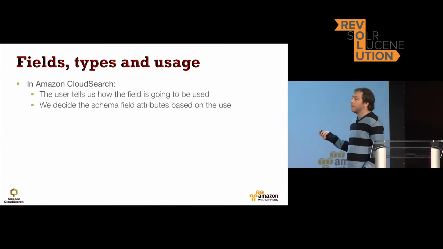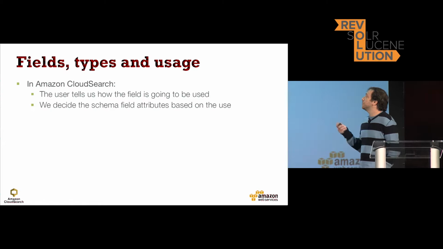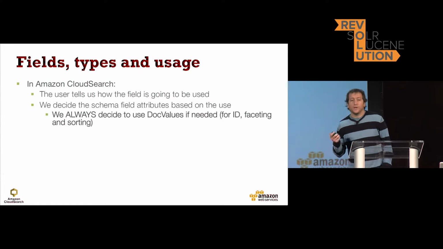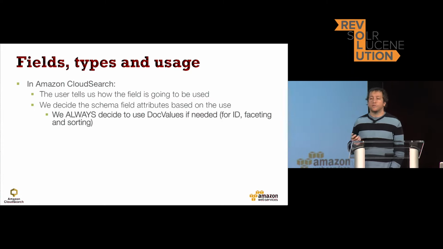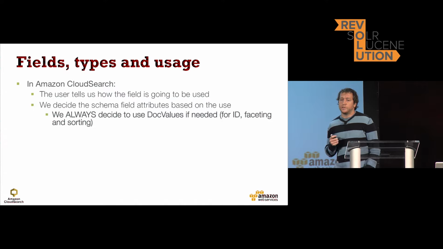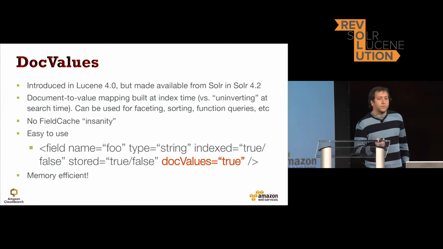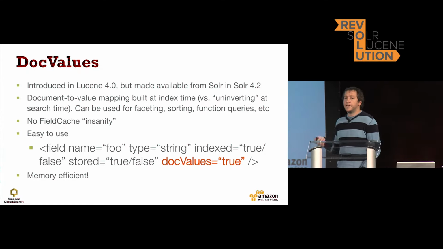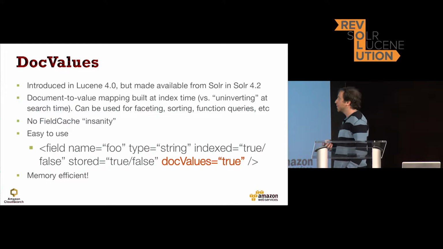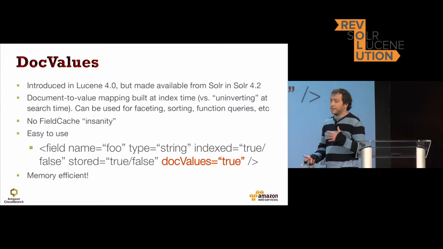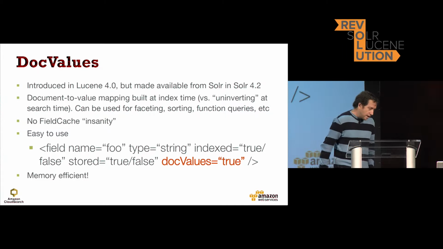So the important part here that I wanted to say is that we always decide to use doc values if we're going to need them. Like if the user has indicated that they want to use a field for facet or for sorting or the ID, those fields are always going to be using doc values. Doc values were introduced in Lucene 4.0 and Solr 4.2, and since then they have had improvements on almost every version. They are essentially document ID to value mapping, like the inverse of the inverted index. And this